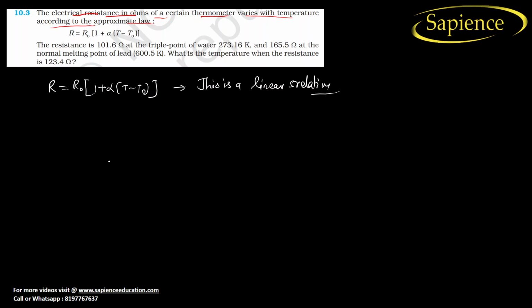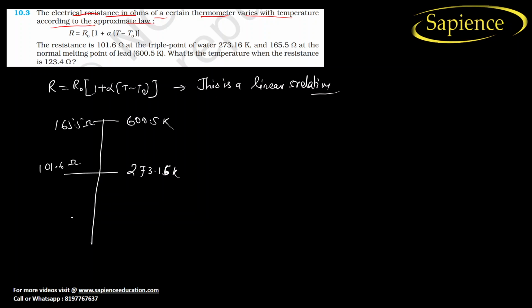Now they have given some values. Let us consider the resistance at the triple point of water, when the temperature is 273.16 Kelvin. Our resistance was 101.6 ohm, and when the resistance is 165.5 ohm, the temperature is 600.5 Kelvin. What is the temperature when the resistance is